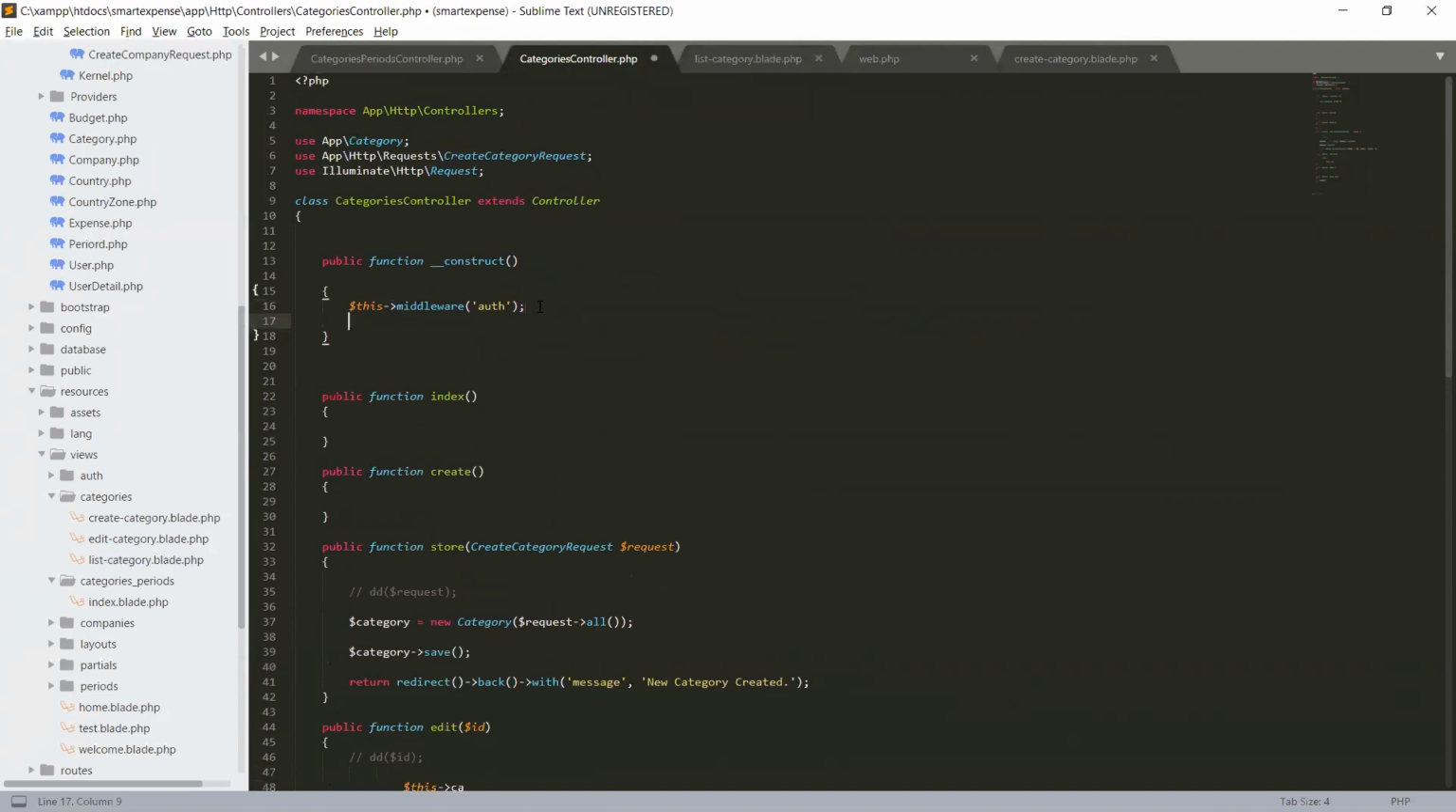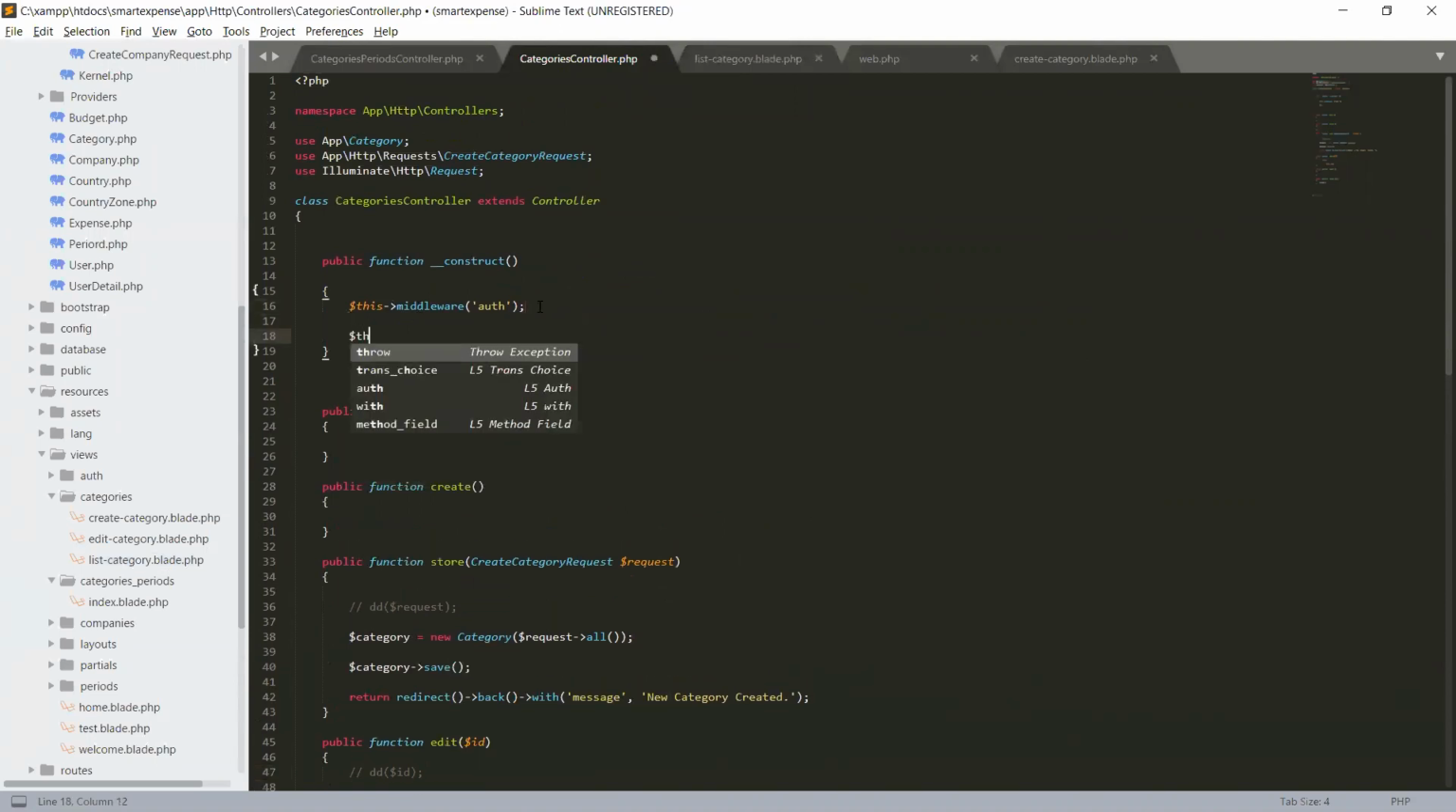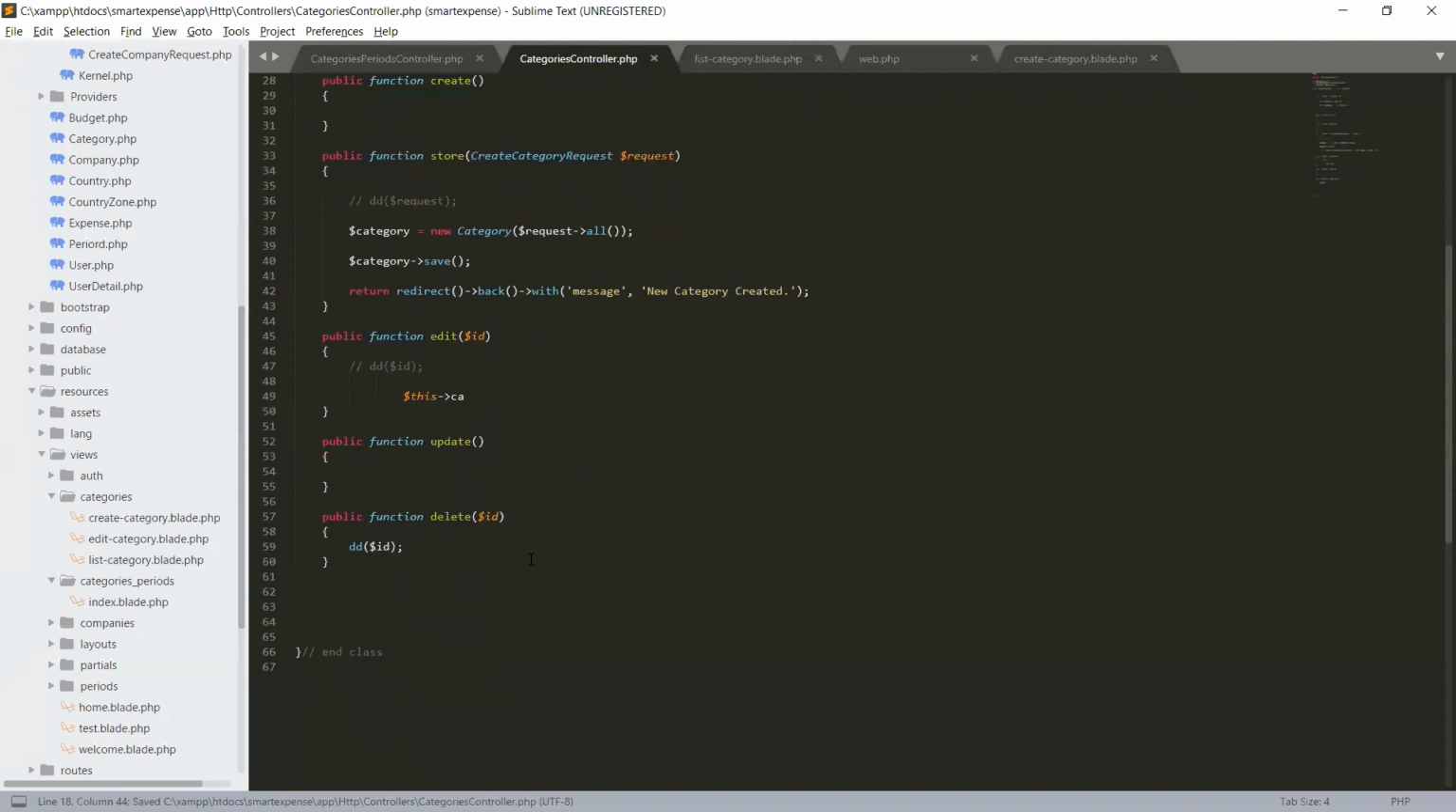Let's do it quickly in our constructor. This categories instantiates our category model, and close the statement, save. So this categories,